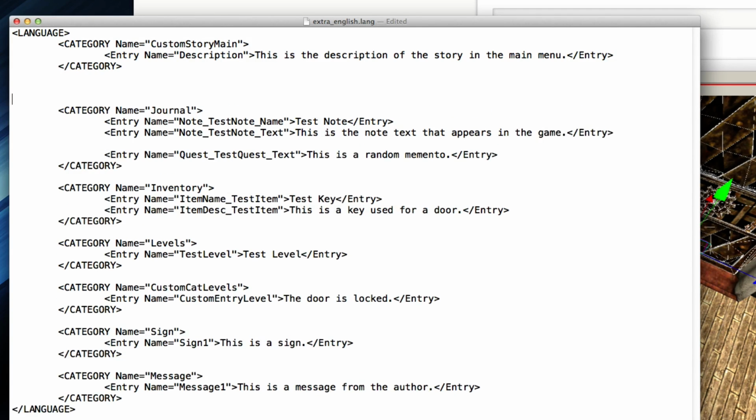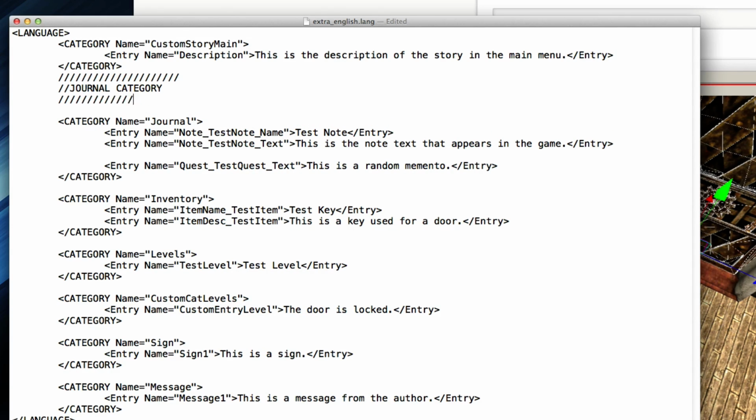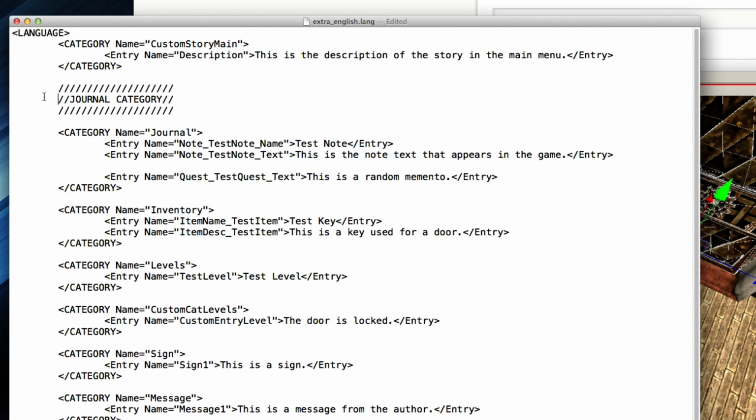So right here I'm just going to put some spaces in between and do //, let's call it journal category in all caps, just so it is still very visible, so therefore I'm going to add a lot more slashes to it. I'm just going to add a bunch of slashes around it, and some slashes at the end of it. So now that I've covered this in slashes, the slashes don't do anything if there's nothing before them, so therefore you can use this as kind of like a banner.